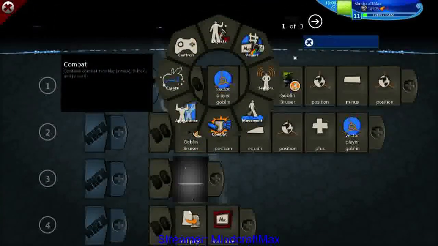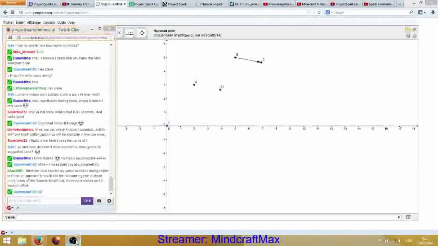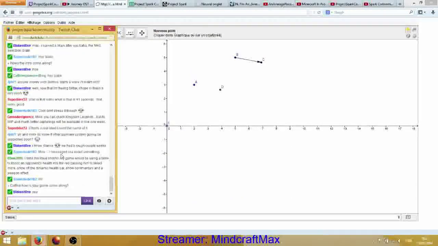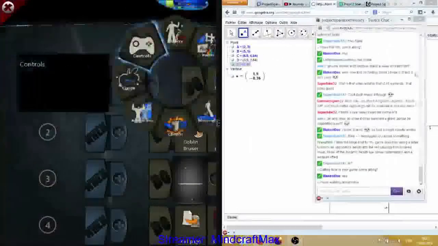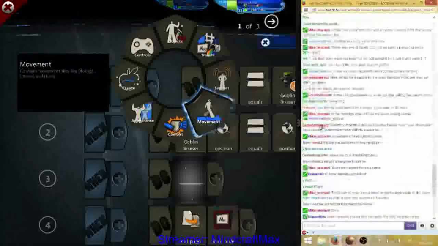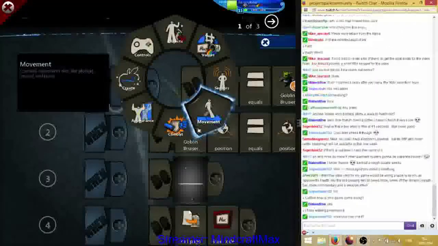You can modify it. I'm going to read the chat before doing that. I'm still on. I'm going to put the chat here so I can read it, because I'm finished with GeoGebra for now. So, okay, so